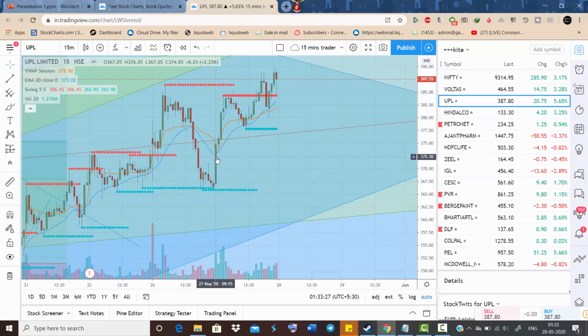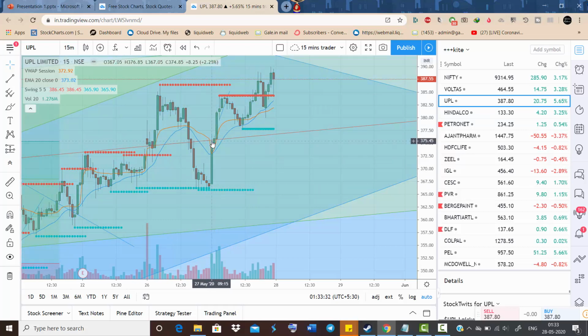So what happens is, you can see at 9:15 there's a big candle and there's an inside candle at 9:30. This candle is entirely inside the first candle with slightly lower volumes, which means it is consolidating. The strategy is that we should enter above the high of the inside candle, with the stop loss at the low of the inside candle.